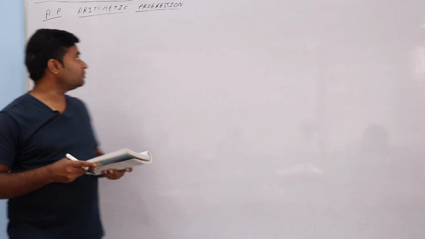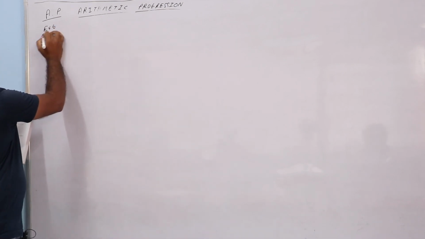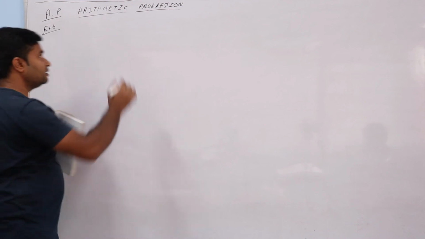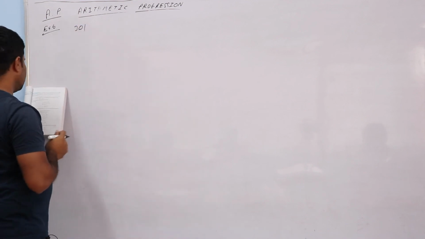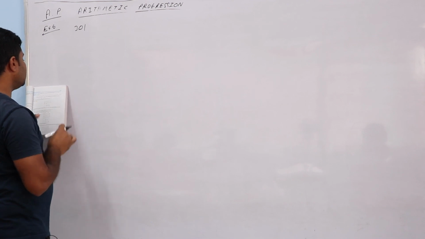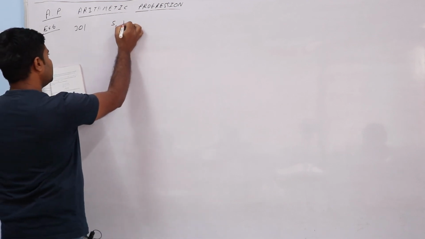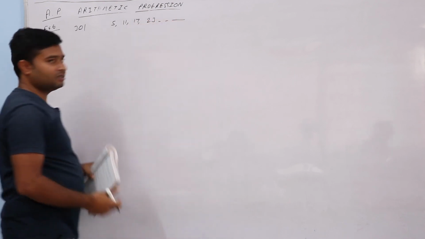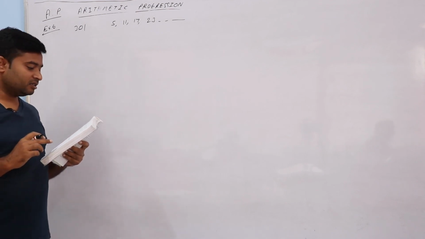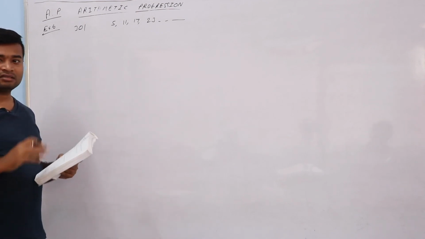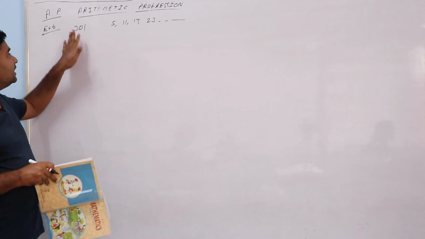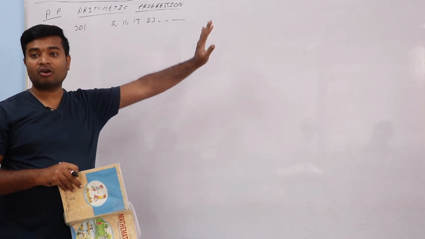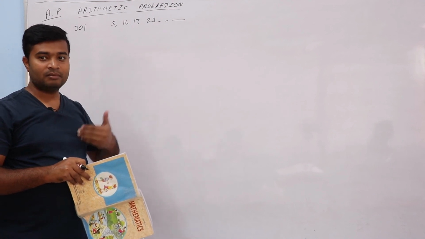Saying example number 6, right? Check whether 301 is a term of the list of the numbers 5, 11, 17, 23, dot dot dot. Correct? Again I am reading the question. Check whether 301 is a term of the list of the numbers. Yes na, means asking, is this term coming in this AP or not actually? Yes na, but see how they have written the question.